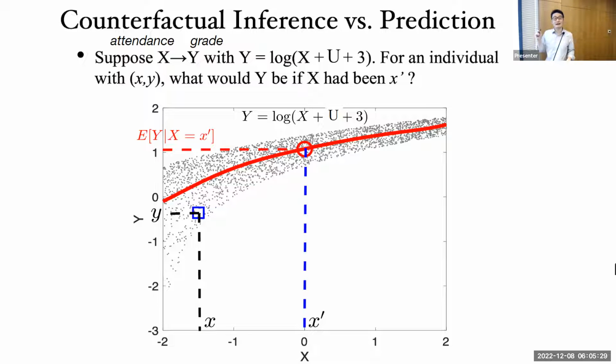Now, clearly, in this case it's very simple because we know Y equals a function of X, it's fine. But the problem is, when you do that, you don't make use of any specific property of me. Intuitively, you can see for me, my X value is here and my Y value is here. I'm so strange because among all those students with the same attendance, my grade is pretty low. Compared to them, my grade is very low, right?